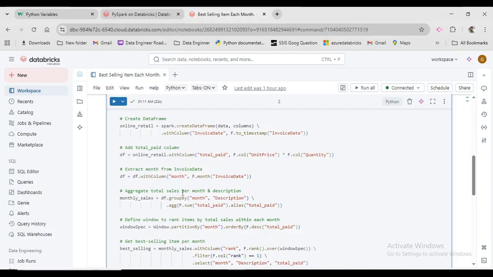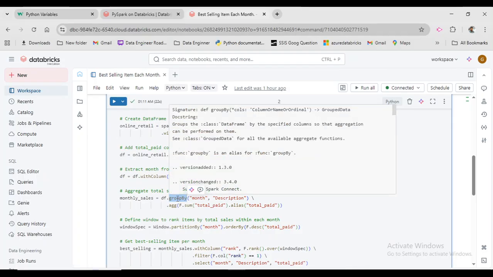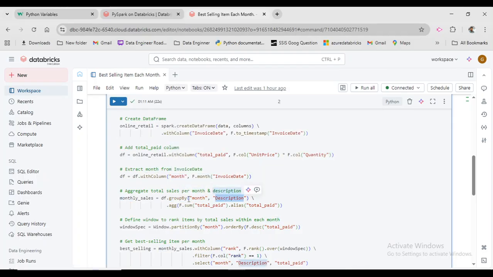Here we created this variable, total monthly sale. This variable is coming directly from df. We are grouping by two columns, month and description, because based on these we need to aggregate this particular total paid. You can see we are summing the total paid amount,